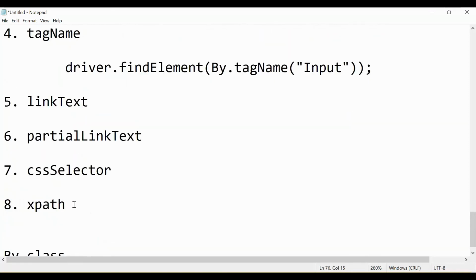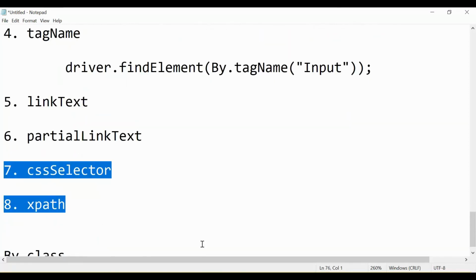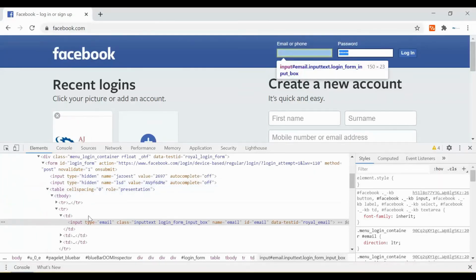We will be able to find the web element depending upon the HTML DOM structure, create our XPath or CSS selector, and locate the web element uniquely.